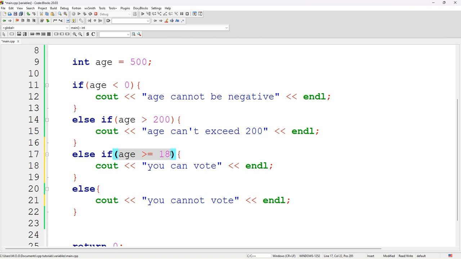It will come and check this one, and this is also false. Then you can see we don't have any other else if down there. So it will not have any other option than to execute the else block. The else block comes in when all your conditions fail. So if all the else ifs are failing, then the else will execute. Okay, so basically that is how